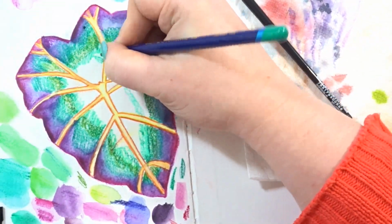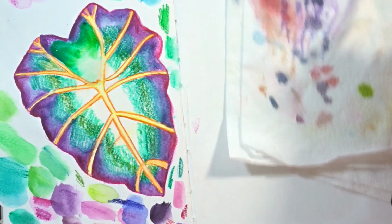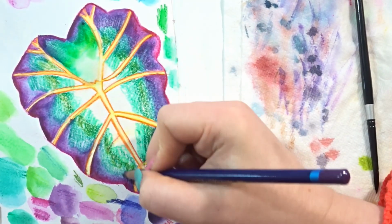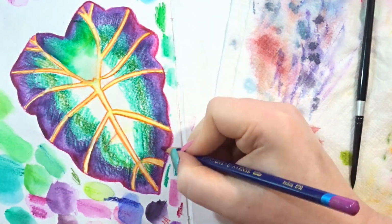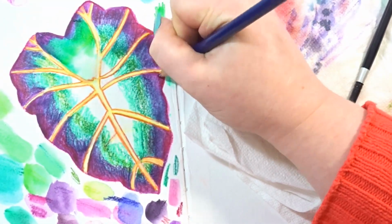There was supposed to be more of a pinky edge on it, and I was going back and forth with what I could do with it, but I think that it came out pretty good, and I feel good now that even though this isn't the best illustration in the world and I'm not super happy with it, I'm happy that I have completed this sketchbook and I can close it and